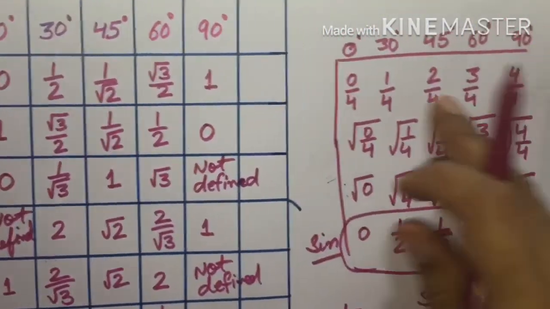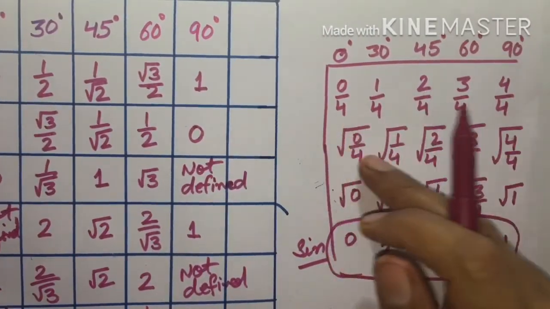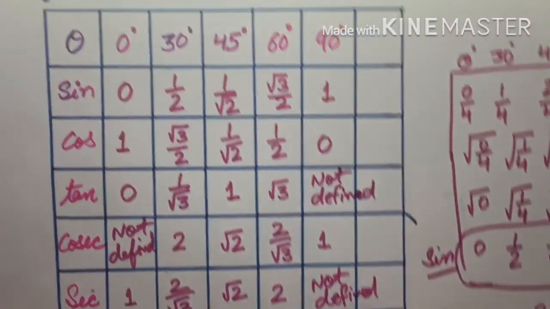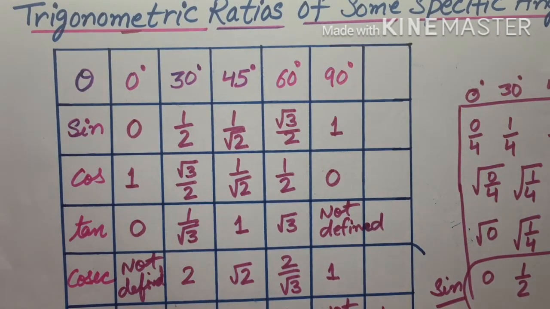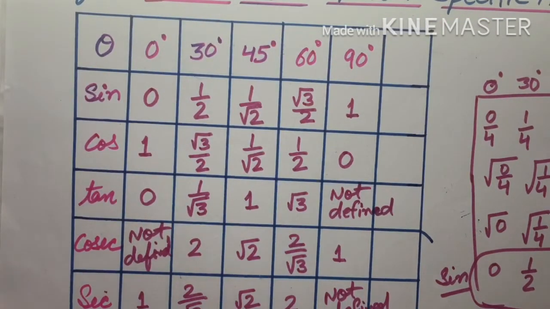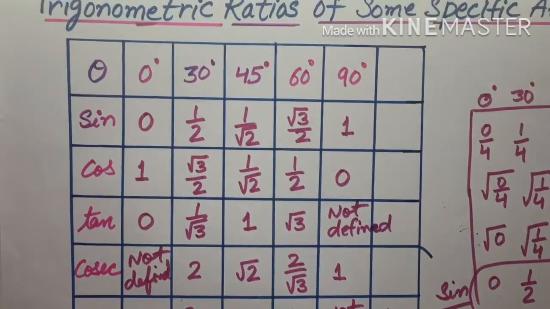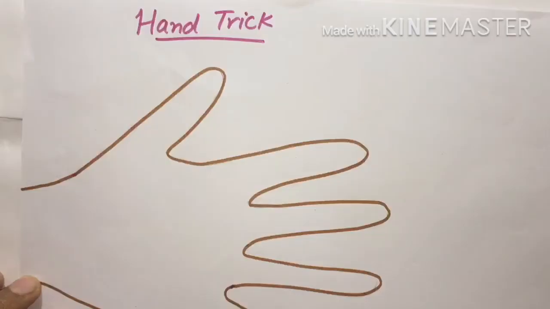So first we need to follow these steps, then it will be easy. Within seconds we can draw this table. That is very useful in trigonometry also, and in the other subjects also, physics and all. Students, in the first part of this video you learned a very interesting concept, and that is how you can draw the trigonometric ratios table of specific angles within seconds.